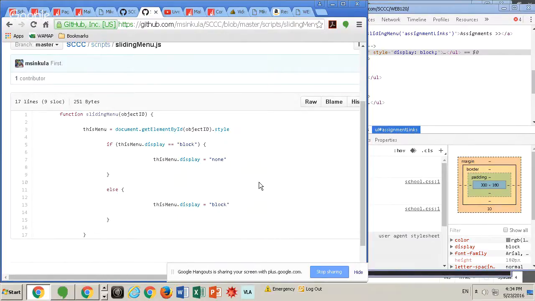Okay, so this function then, what we're doing is naming a function called sliding menu. We're then giving it a parameter, object ID. That parameter then is being passed through as whatever you say is the object ID. Assignment links, lecture links,